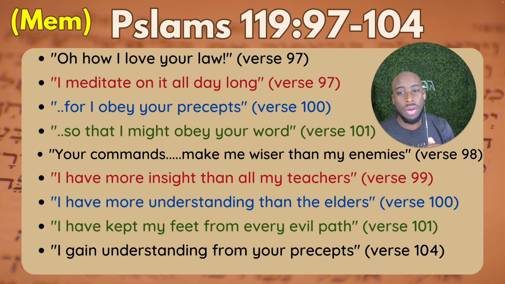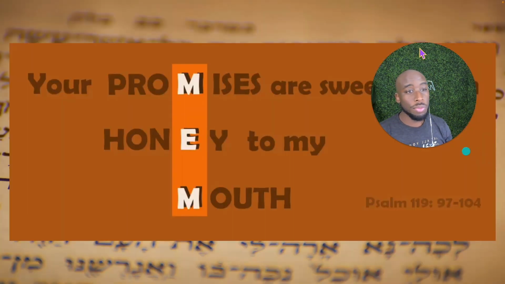David is talking about, hey, you know what? And the way we can attribute it to this letter that talks about water or chaos, he's saying, hey, the best way forward, I want that water, that purifying water, that life-giving water. And he says, hey, that comes from your word. I want to stay away from that chaos, right? I want to turn my feet from every evil path. And so it's so cool that this is what David wrote about when he was thinking about this letter Mem, which is kind of cool.